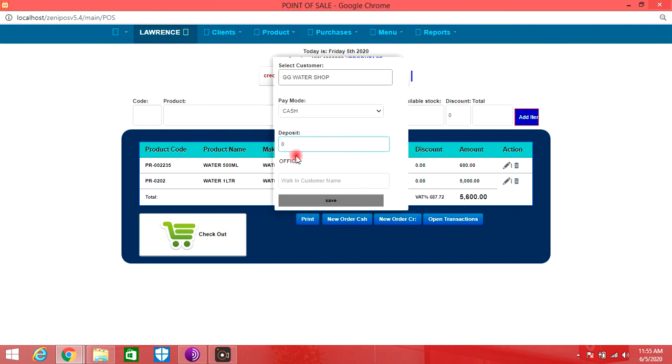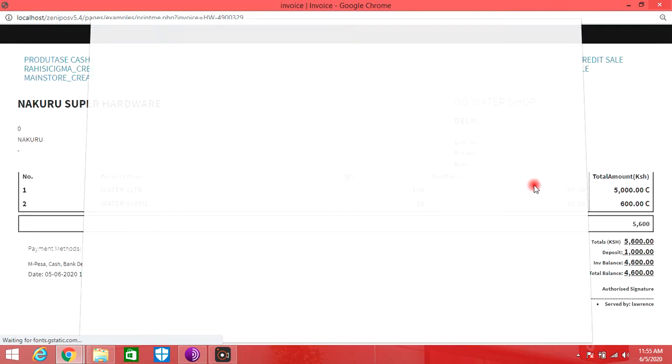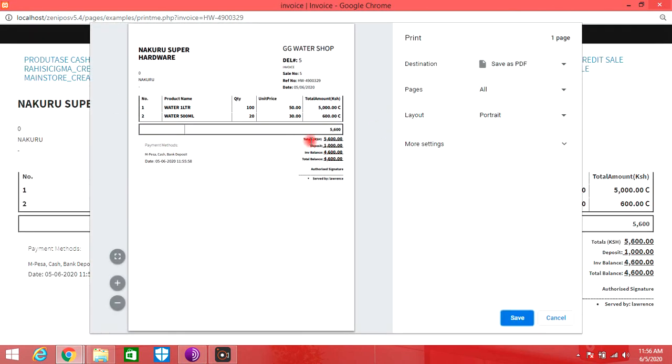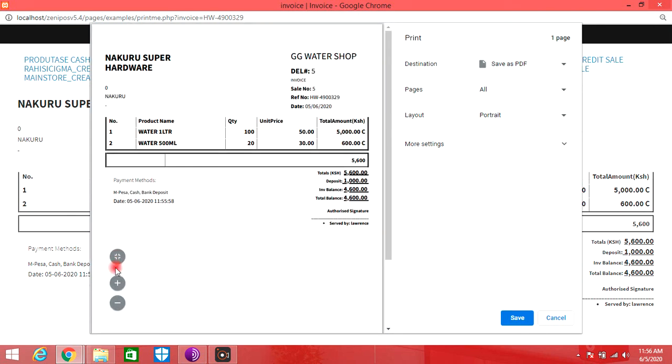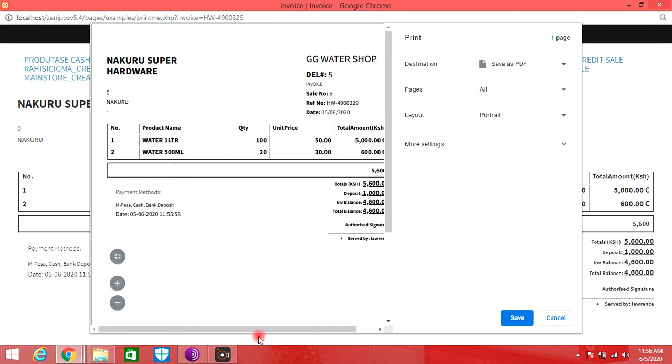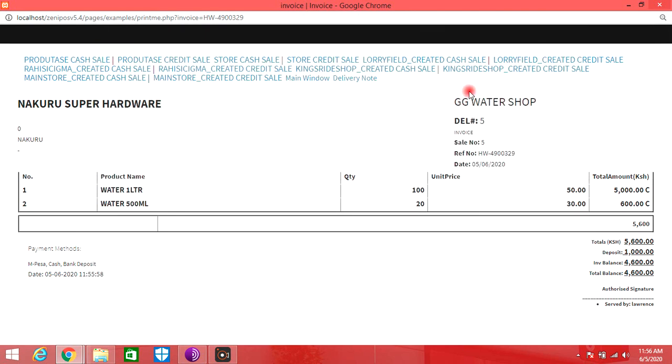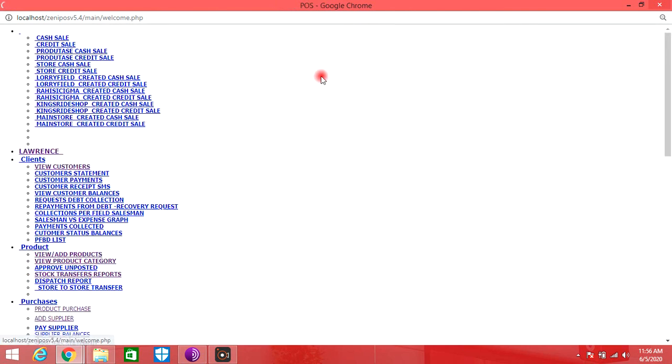Has he paid anything? In case he has paid some money, let's say 1,000 shillings, this will be able to update the balances. You can be able to see the receipts. That we expand. These are the receipts of water 1 liter, that is 120, total of 56, deposit of that, what have you. So if we go back to